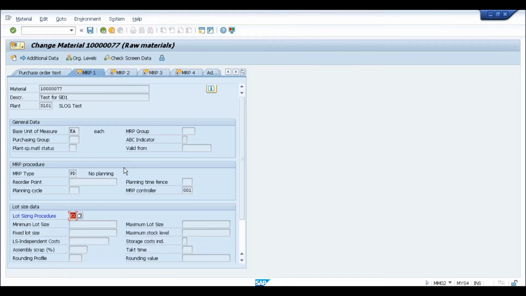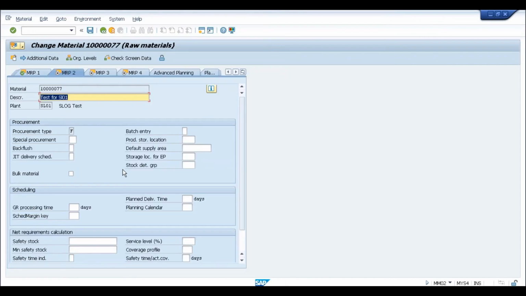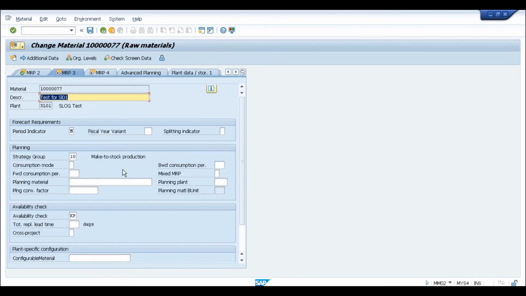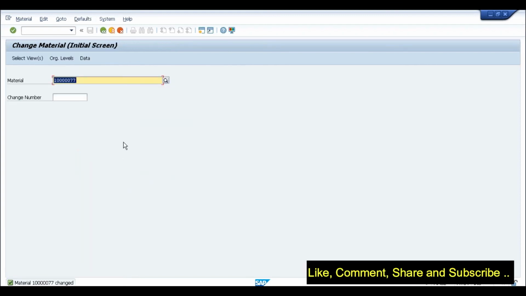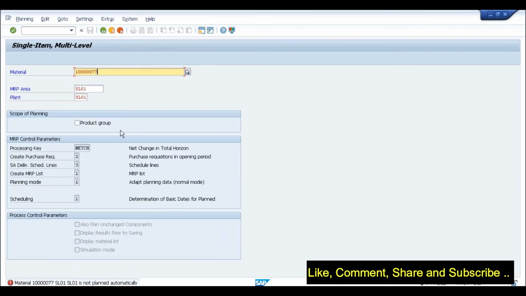Okay, enter procurement time. This is fine. Let's keep it as 1 day. Okay, and save. So now we have this material which can be planned. So let's try this now. I think I need to come out of this MD02.